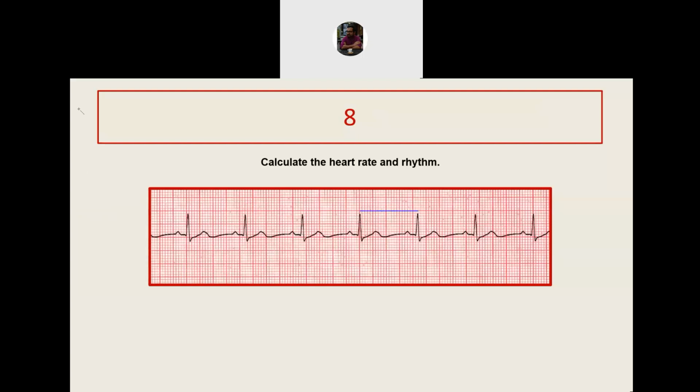This is the RR interval. So rate is equal to 1500 divided by the RR interval. That is 1500 divided by... So count the RR interval. The RR interval is 1, 2, 3, 4 boxes and a few more. That is 20, about 22. So if this is 22 or 23, whatever you take, then the value comes to around